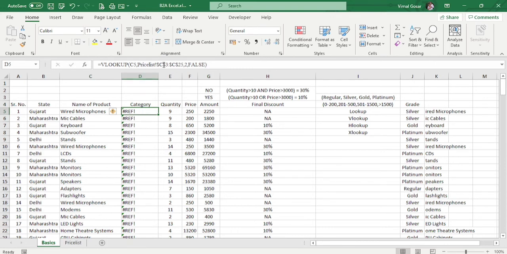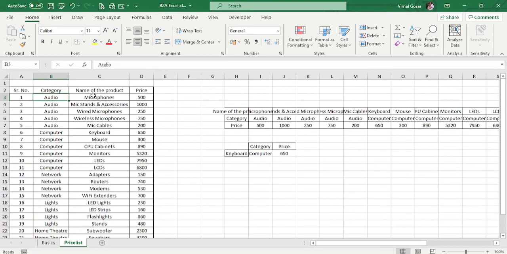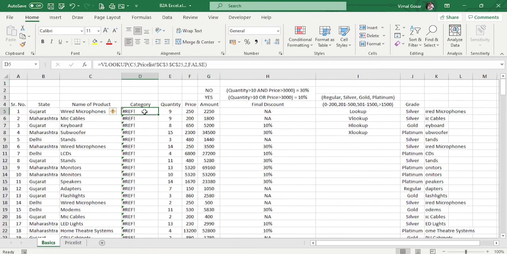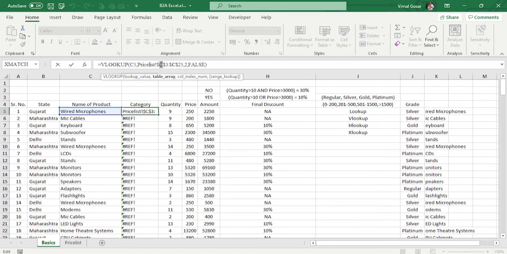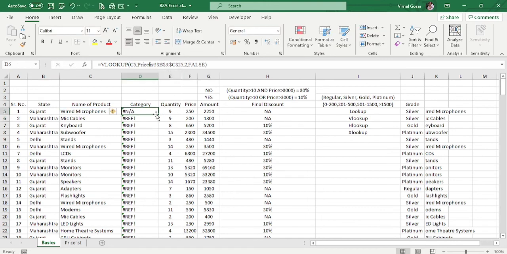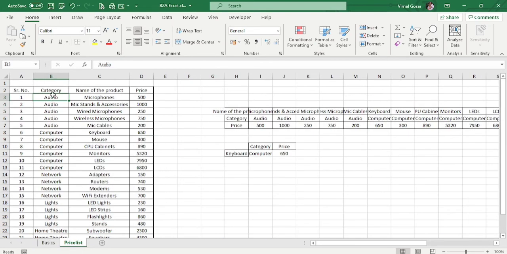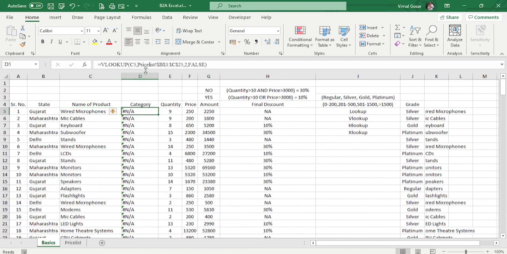But even if I would look at the VLOOKUP function over here, C3 to C3, instead of C3 we will be using B3. So let me use over here B3, and I have an NA error coming up. NA error is suggesting that there is no proper match. It is just looking up at this value, going to price, and it will search in this category, because the audio is in the first category, or category is in the first column. Instead of that, I will use XLOOKUP function.